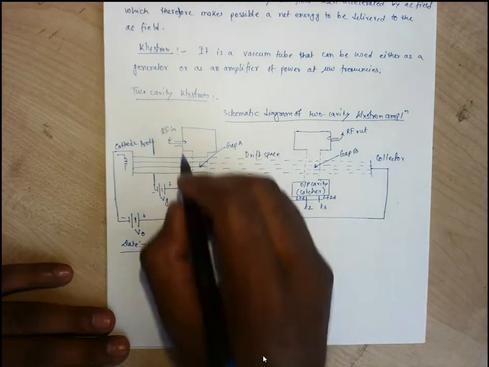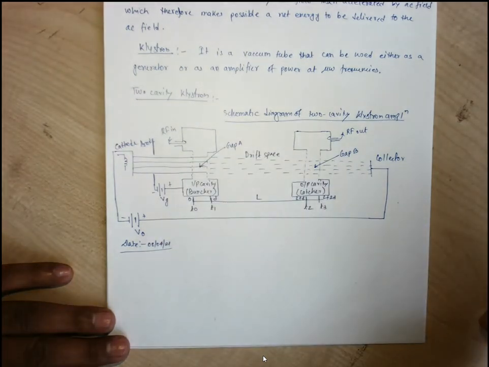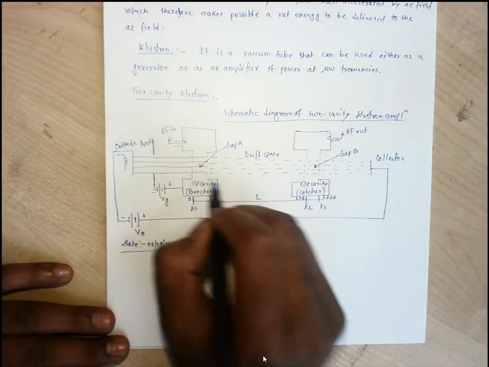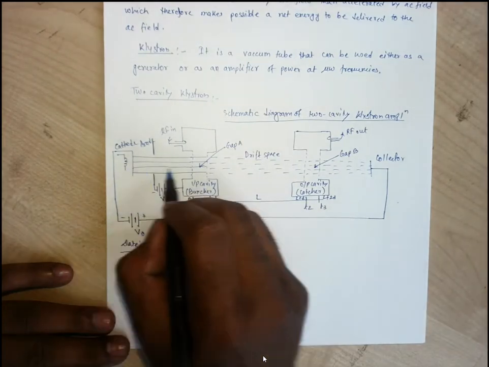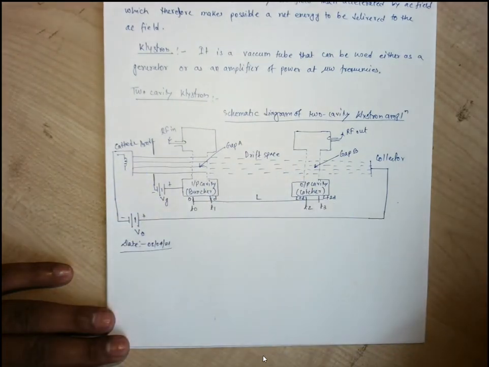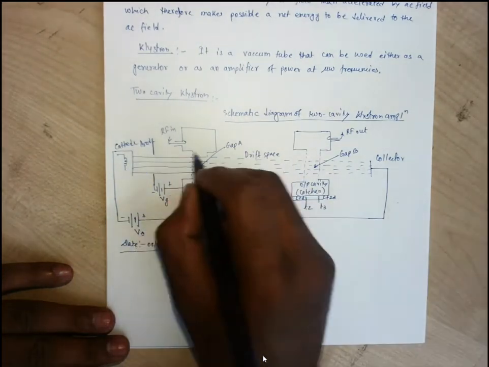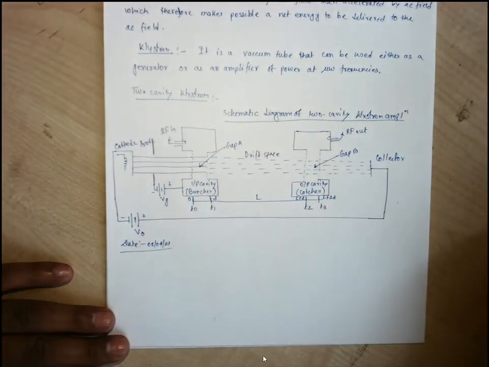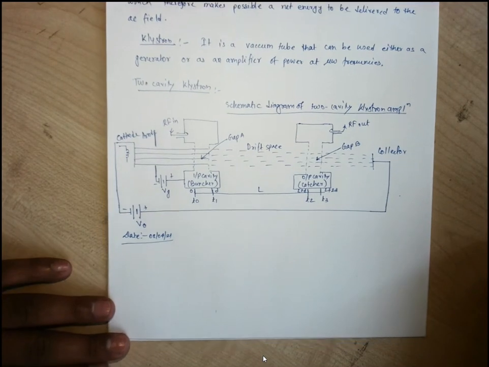will produce certain resonance inside the cavity, and that resonance has this kind of fields, either this electric field in this direction or in the opposite direction of this electron beam. So depending upon the direction of that electric field existing in the gap of that cavity resonator, we can have acceleration or deceleration. Accelerated electrons move faster than the decelerated electrons, so they catch up with all those late electrons, or you can say slower velocity electrons.